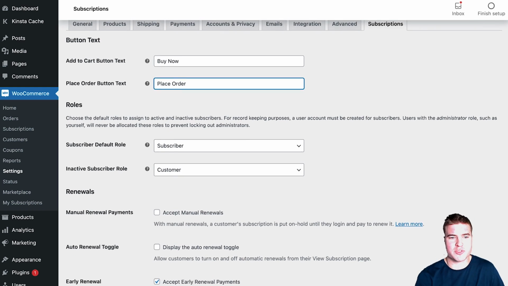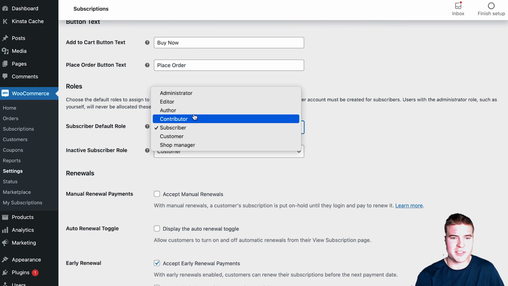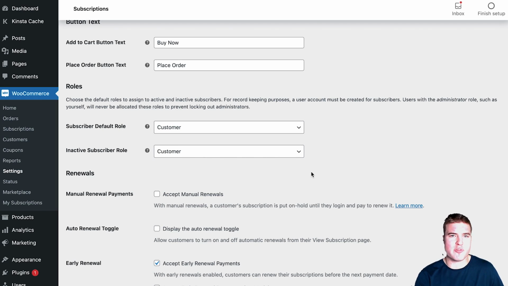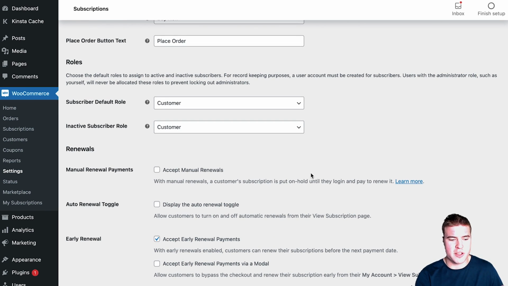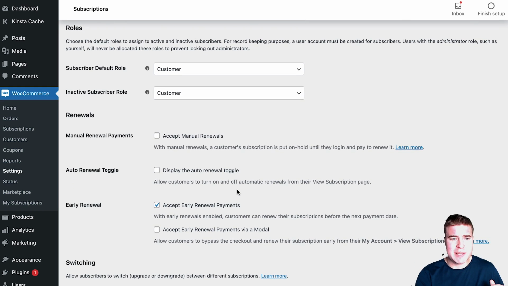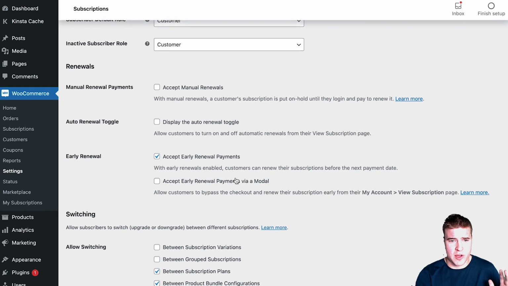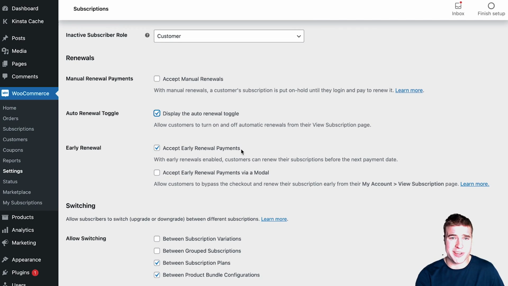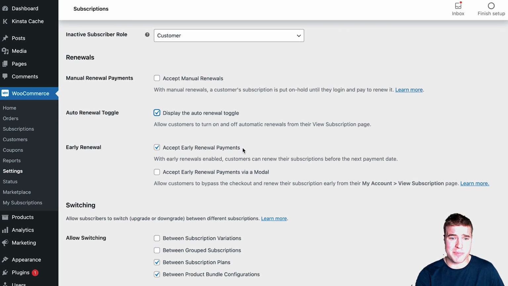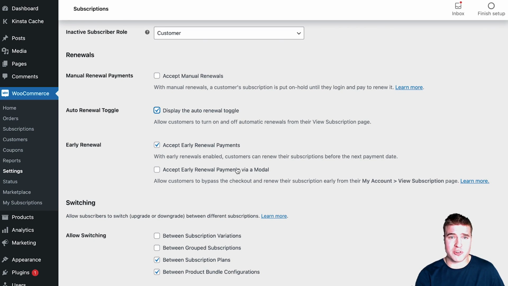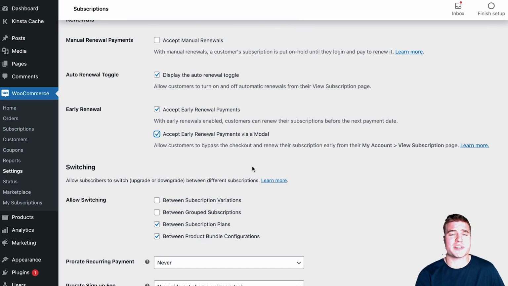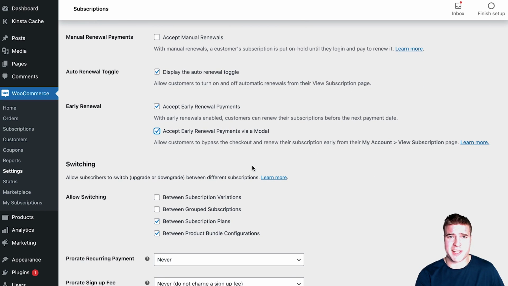Okay, and my subscriber default role, I'm just going to say customer. I think that just makes everyone a customer, whether they buy something one time or they're on a subscription box. And to keep going through the subscription settings, I want to display the auto renew toggle in their my account pages. I want to accept early renewal payments, and also accept early renewal payments via a pop-up modal on